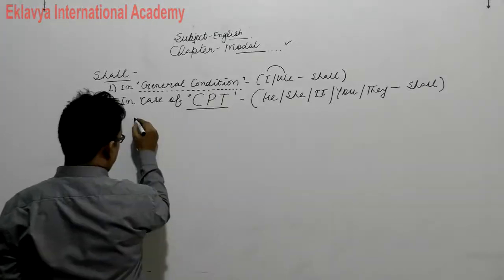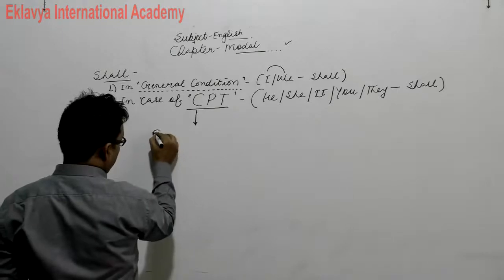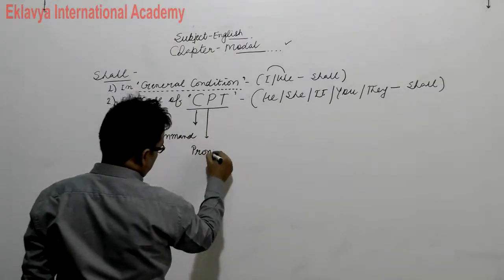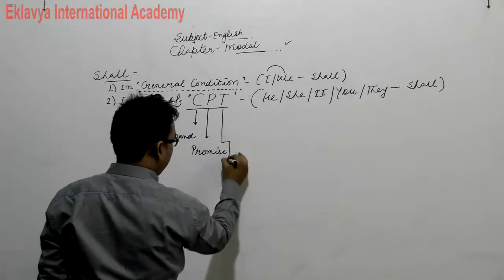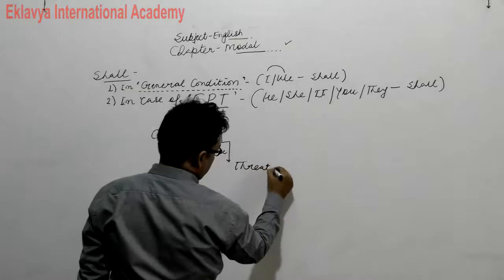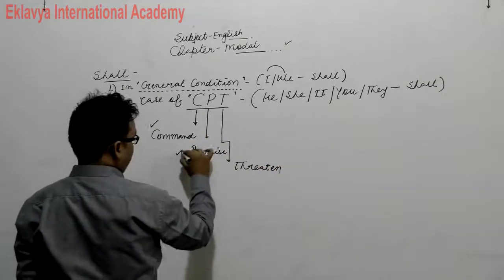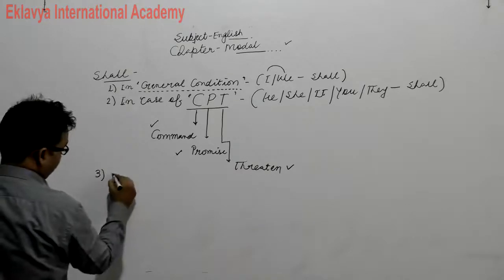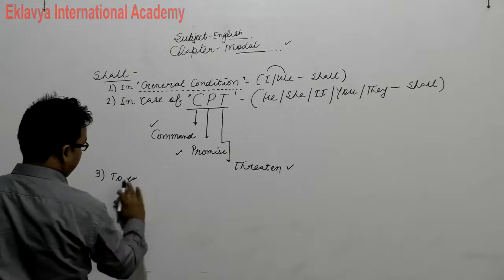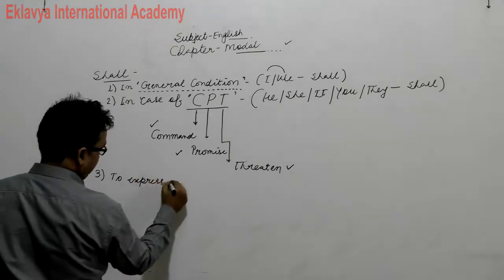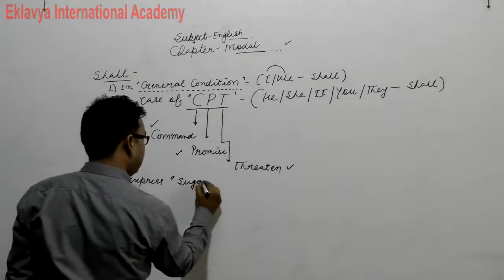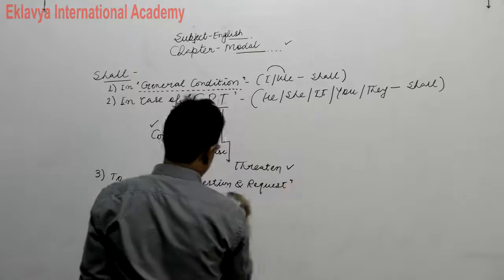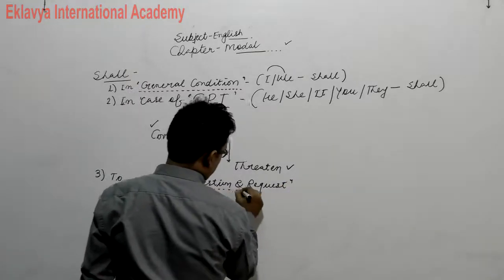CPT stands for: C stands for command, P stands for promise, and T stands for threaten. Command, promise, and threaten. And the last point is to express suggestion and request